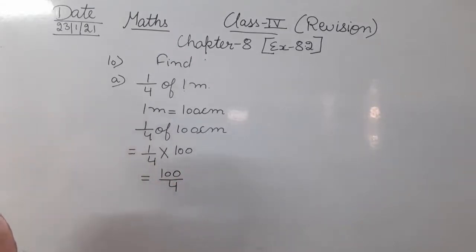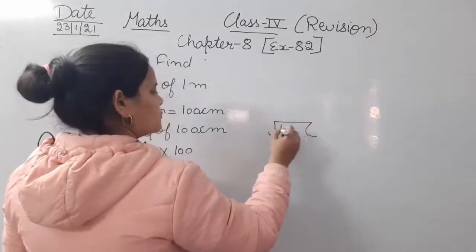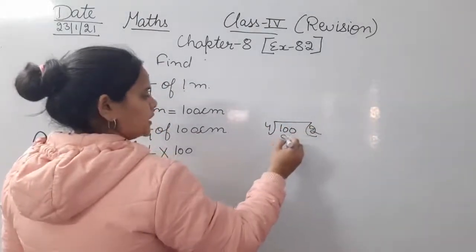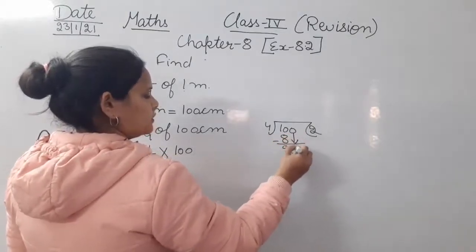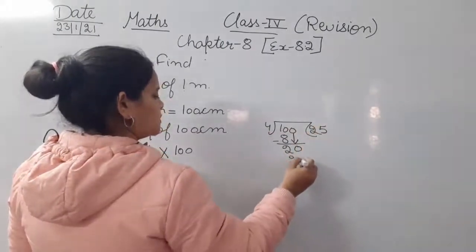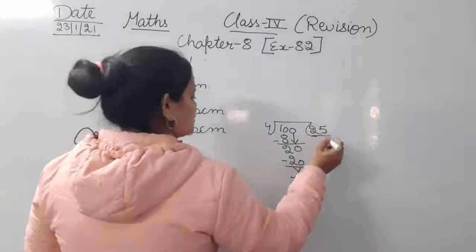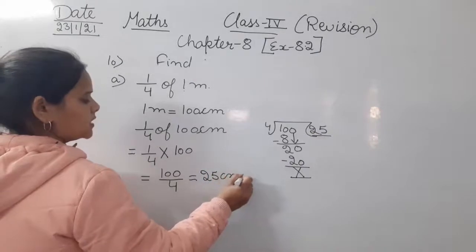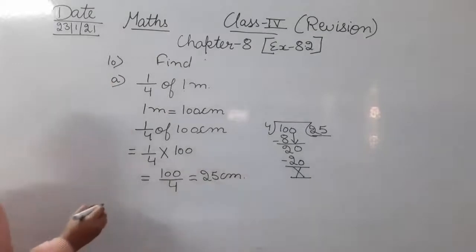Let's simply divide 100 by 4. 4 2s are 8, 10 minus 8, 2. Bring down 0, that will become 20. So 4 5s are 20. 20 minus 20, nothing will be left. So the answer is 25, that is 25 centimeter. Therefore you will write separately,